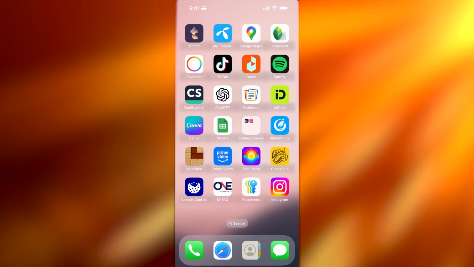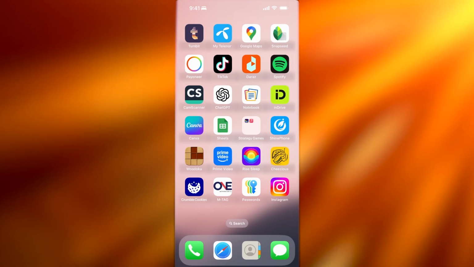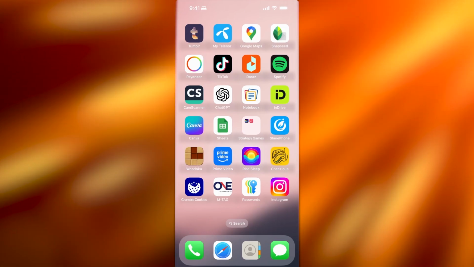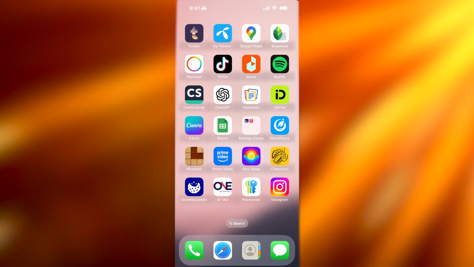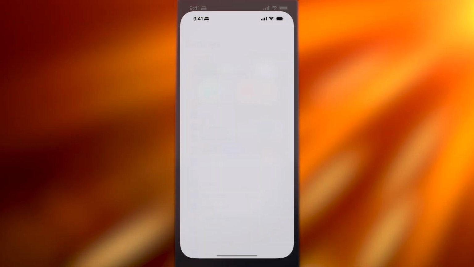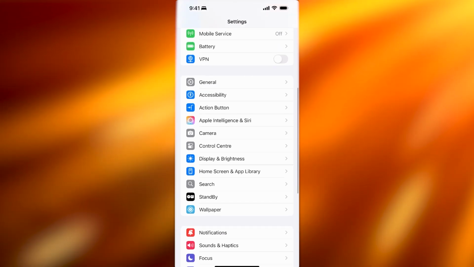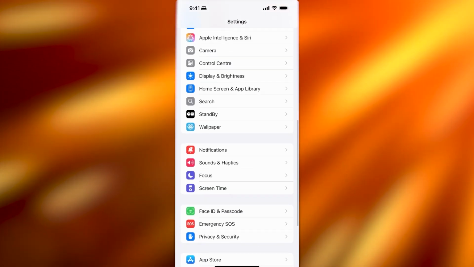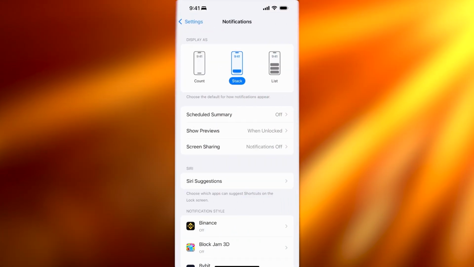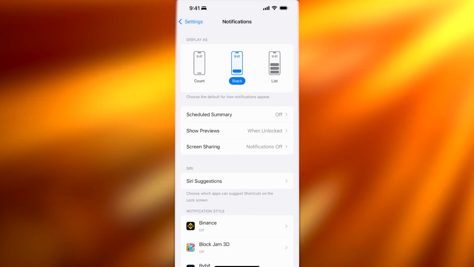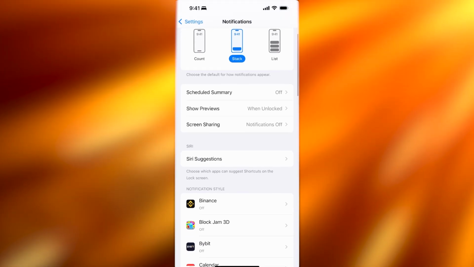So, if you're someone that wants to alter their privacy settings and customize their notifications, you can proceed by going into your iPhone and clicking on Settings. Once you do that, you're going to scroll down, and once you scroll down, you're going to enter your Notifications. From there, you're going to select apps and choose to hide previews or customize notification types for more control over